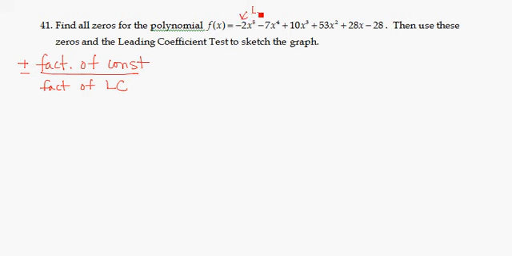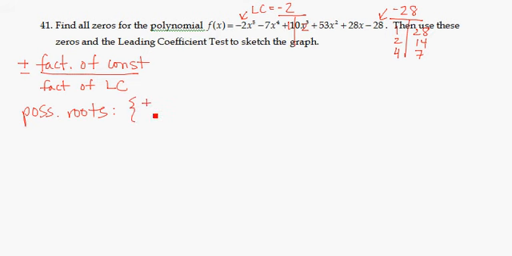In this case, our leading coefficient is -2, and our constant term is -28, which unfortunately has lots of factors, right? 28 has factors of 1 and 28, 2 and 14, 3 does not go in, 4 goes in 7 times, 5 and 6 are not factors, so we have all 6 of these factors, and 2 of course just has the factors of 1 and 2. So if we list all of the possible roots according to the rational root theorem, we'd have plus or minus